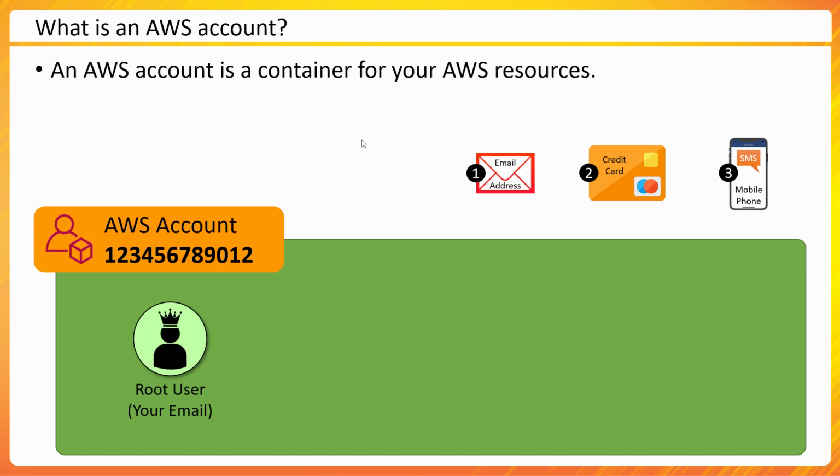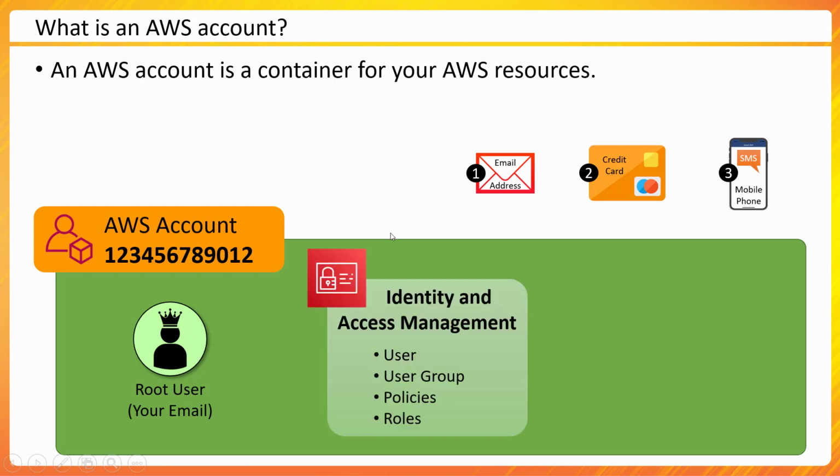Now obviously, that access won't be required for every type of persona who may want to use this AWS account. So we have some services. One of them is Identity and Access Management, or in short, IAM. This allows me to create users, groups, policies and roles so I can give users only the privilege they need to perform their day-to-day tasks. We'll talk more on IAM, a very interesting topic that is coming up.